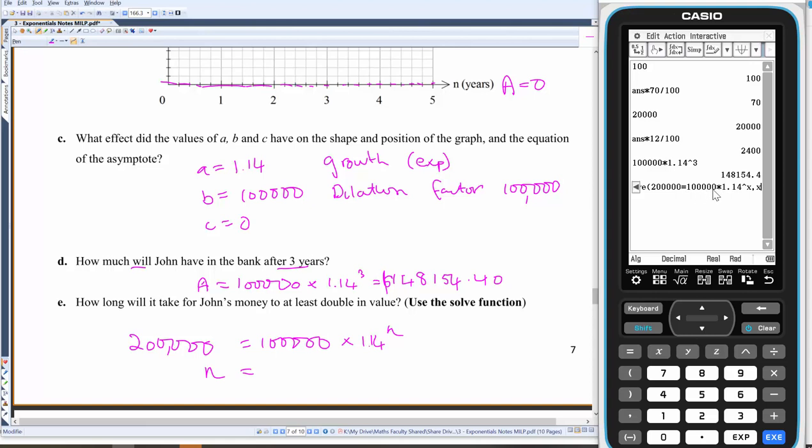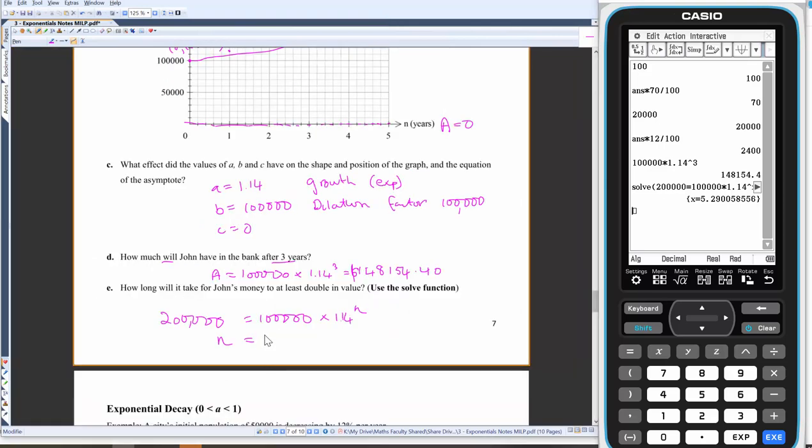So we're going to say, can you tell me the value of x that would make this side the same as this side? Okay, so this says n equals 5.29,